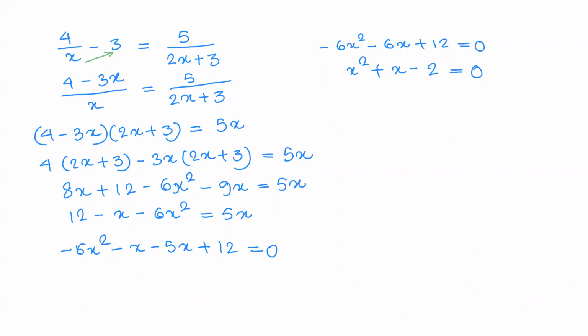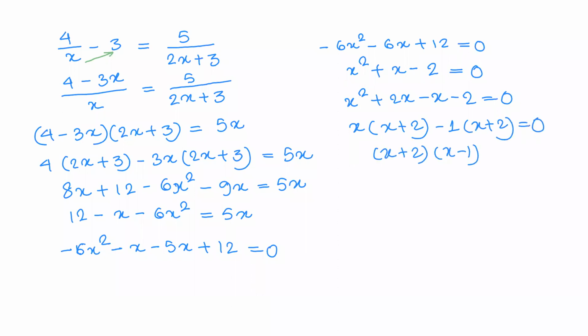So we have divided throughout by not simply 6, but minus 6. As a result, the sign changes. And I'm sure this is very easy. You people can figure this out yourself. So ये हो जाएगा. If I have to write all these steps for you, it is going to be x square plus 2x minus x minus 2 equals to 0. That gives us x times x plus 2, minus 1 को common निकालोगे, x plus 2 equals to 0. We have x plus 2 into x minus 1 equals to 0, giving us the values of x as minus 2 or x equals to 1. So this one was clear with you.